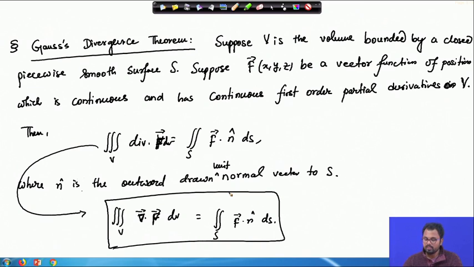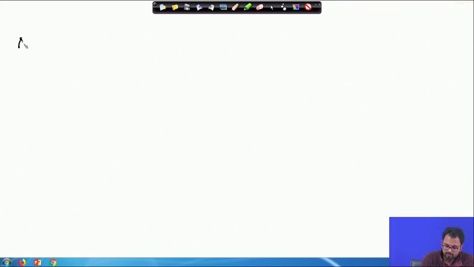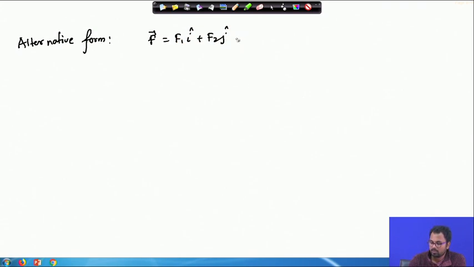So, this is a very important theorem in vector calculus, and it also has different varieties in a way. I mean you can reformulate this equation in several other forms. So, alternative form: if I assume that our vector function F has 3 components, F1 i, F2 j and F3 k, let us say,